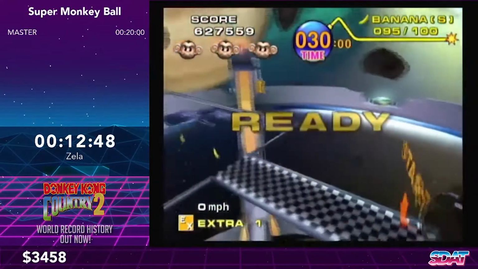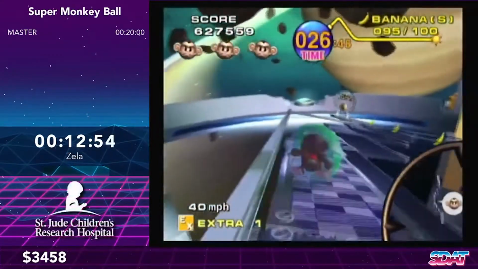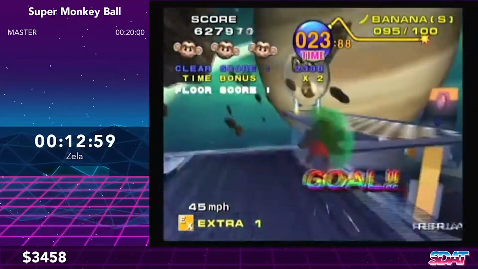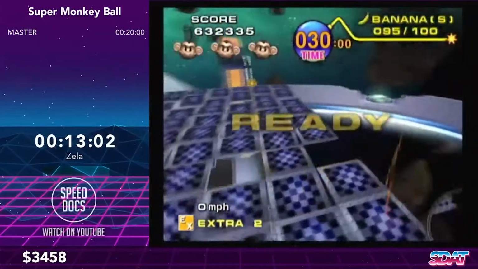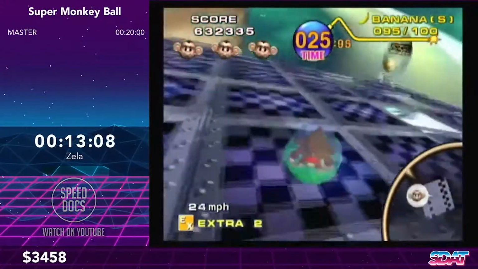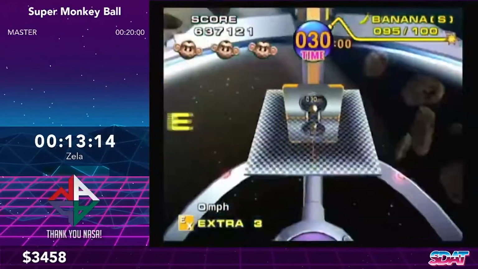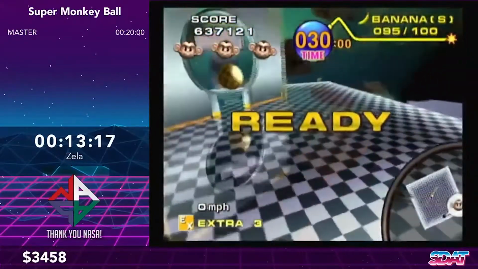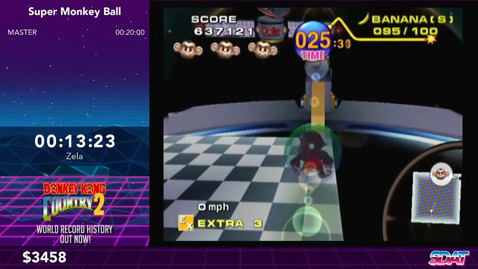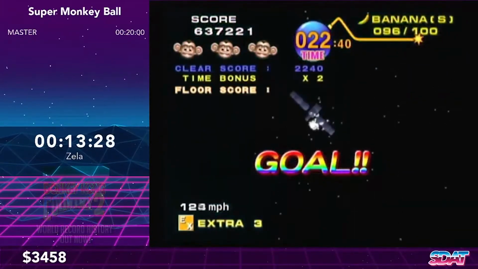So 10 stages now separate Zela and Master. Wow, that extra one scared me. As you can see, these extra stages are not a walk in the park either. Well, one of them can be, but...